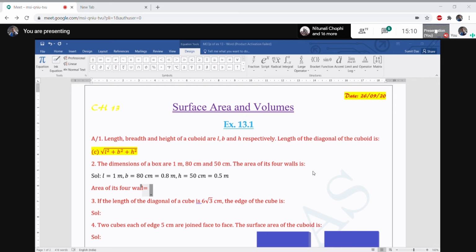Area of the four walls is 2 into L plus B into H. Revise the formulas again and again. Okay, 2, then L and B. L is 1, B is 0.8, into